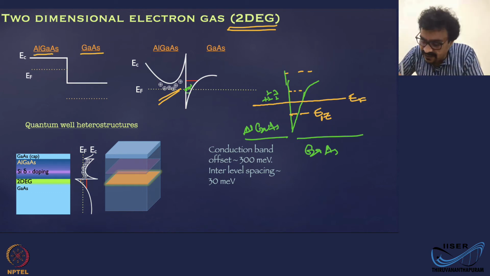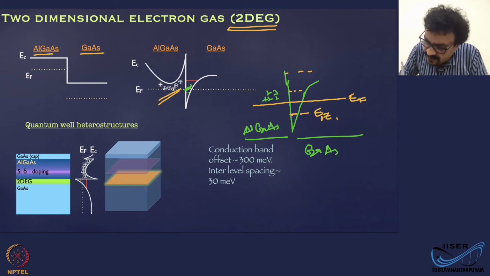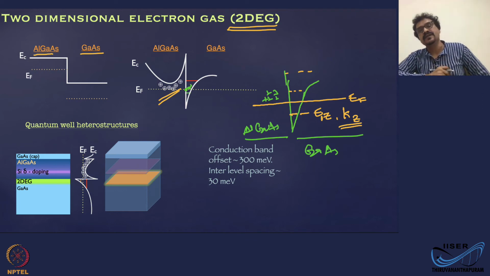So you have only one energy level, or there is only one KEZ. There's only one momentum state below the Fermi level in the Z direction accessible. What that means is the motion in the Z direction is arrested or is forbidden, of course now we are comparing with the Fermi wavelength and the scattering length and all the other parameters which define dimensionality. So those things are much larger compared to the thickness of the well, the width of the well.